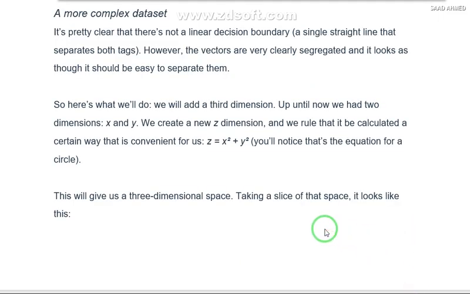To solve this problem, what SVM does is add a third dimension. Before, we had only two dimensions, x and y. Now we are going to create a third dimension, the z dimension, calculated in a way that is convenient for us: z equals x squared plus y squared, and you know that is the equation of a circle. So we use that to create the third dimension, and then taking a slice of that space, it is going to look